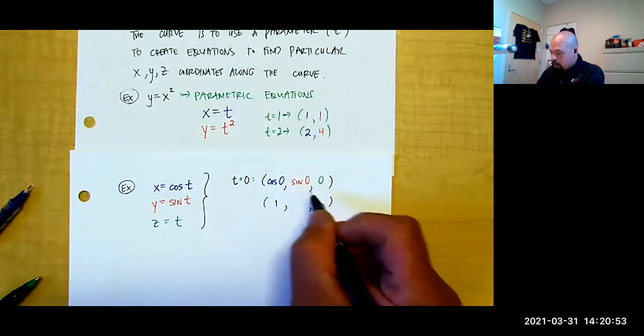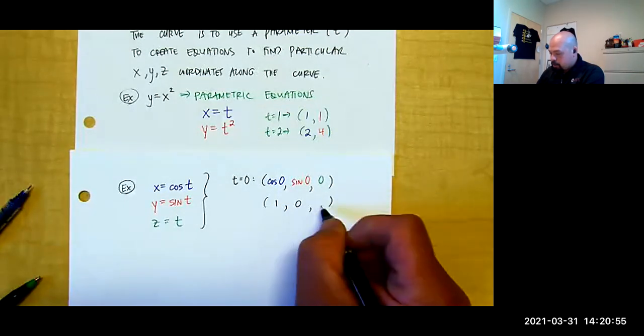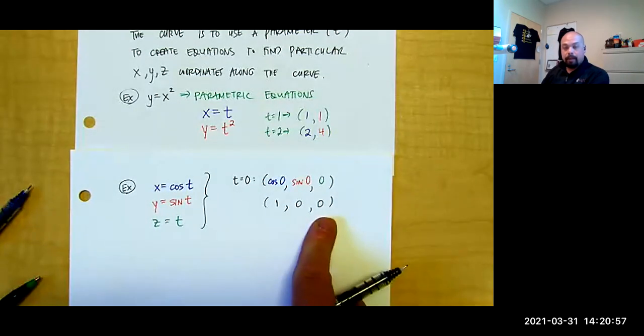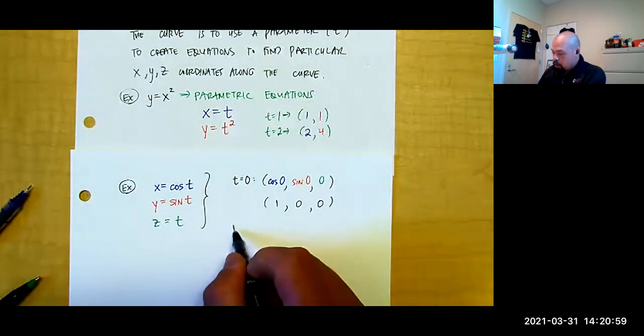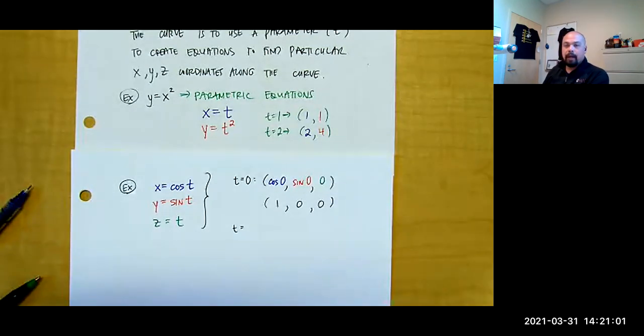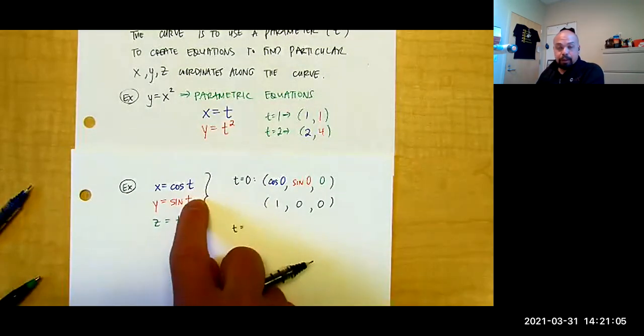Cosine of 0 is 1, sine of 0 is 0, 0. So we're getting this point. Then we can do another point, right? Like we could do t equals 1, 2. Since I see my trig functions,